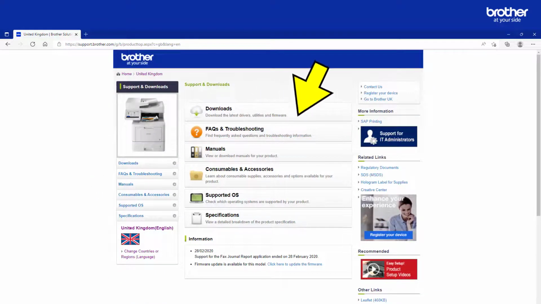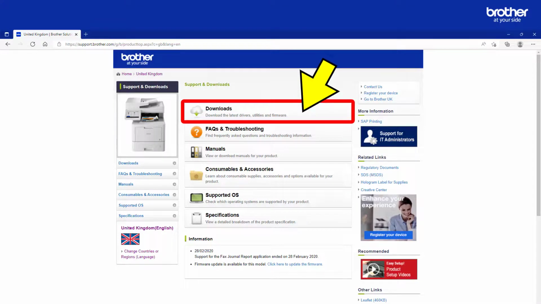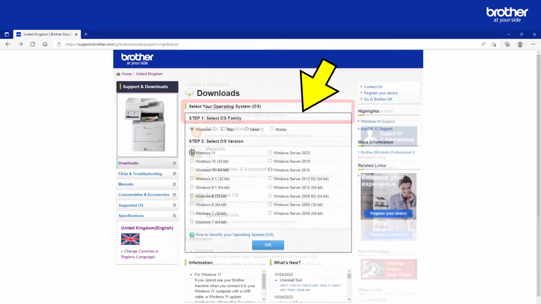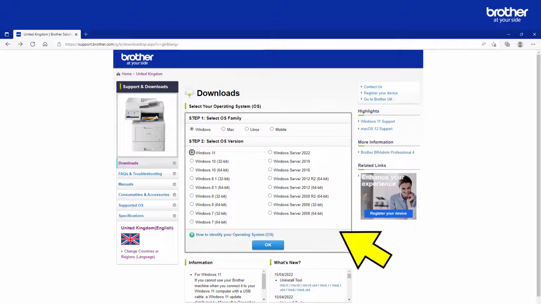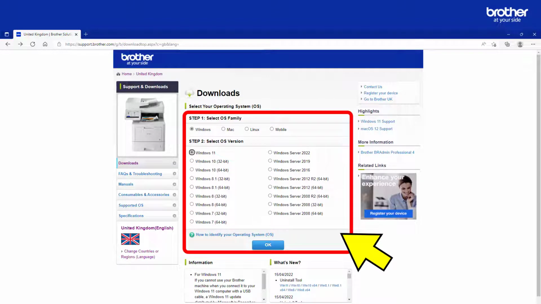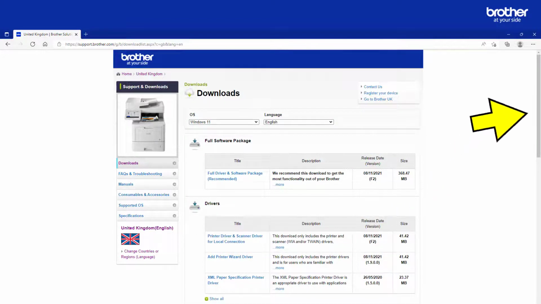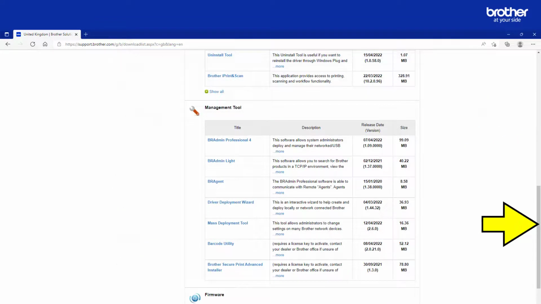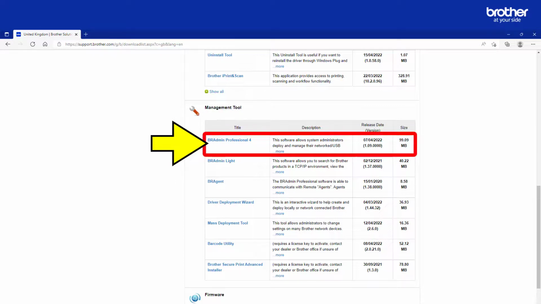Once you have selected your product, click the Downloads button. Then select your operating system. Please note that BRAdmin Professional 4 will only run in Windows. Scroll almost to the bottom of the Downloads page, then find and click the BRAdmin Professional 4 option.